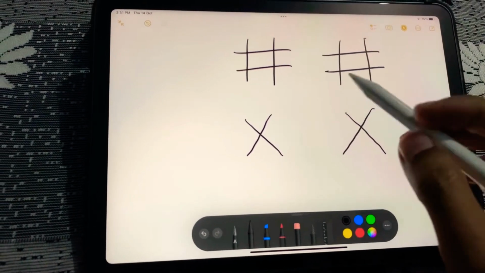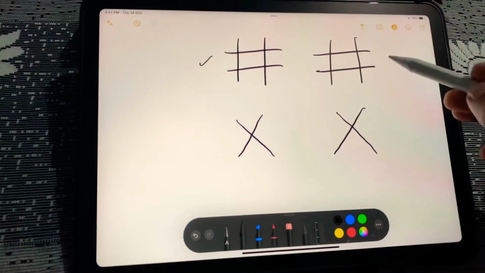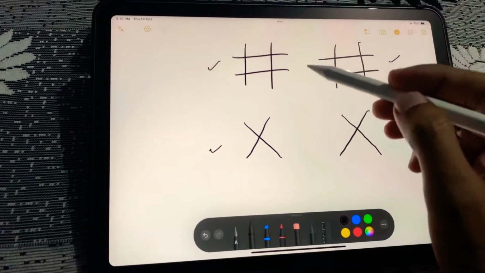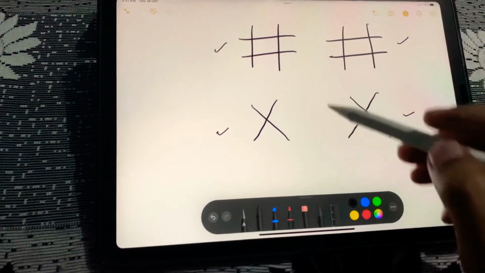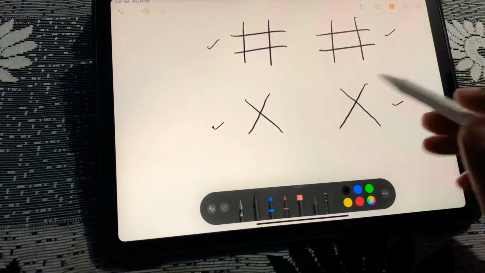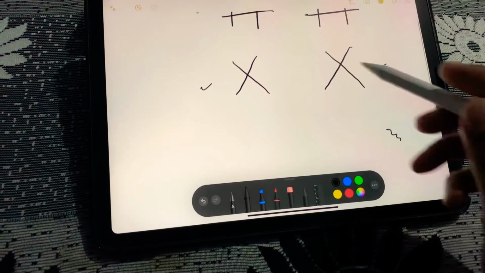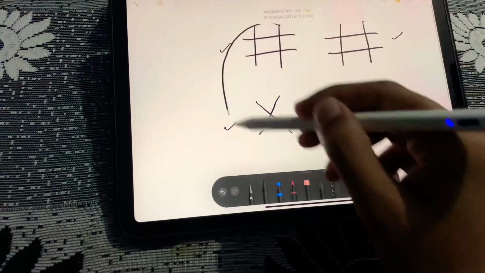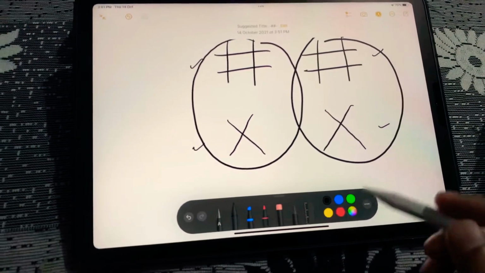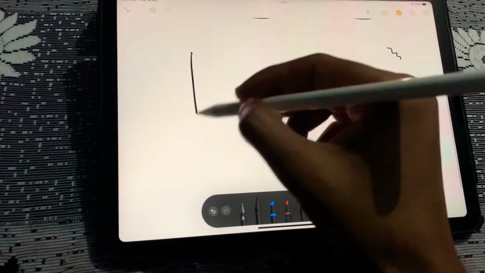Now we have 2 boxes, 1, 2, and 2 crosses. We have to differentiate these two from these two. So I will draw it again.